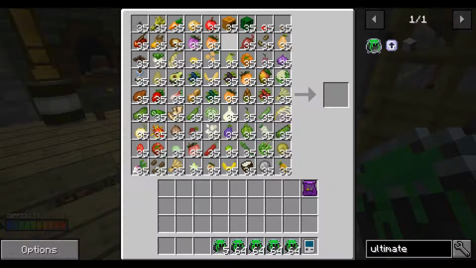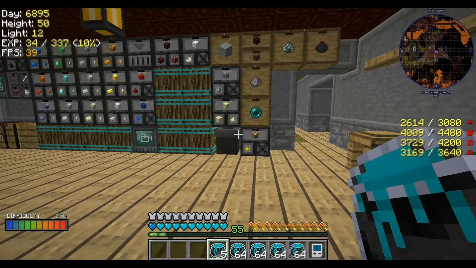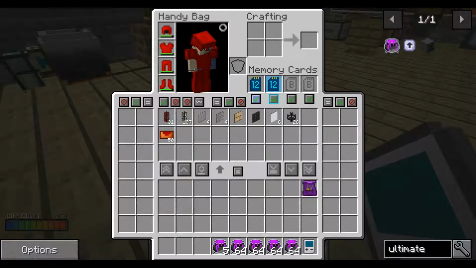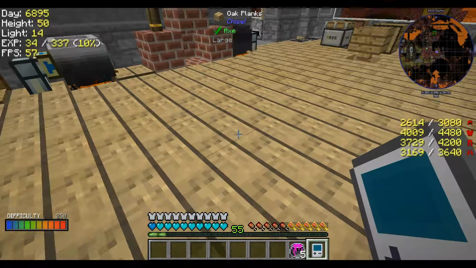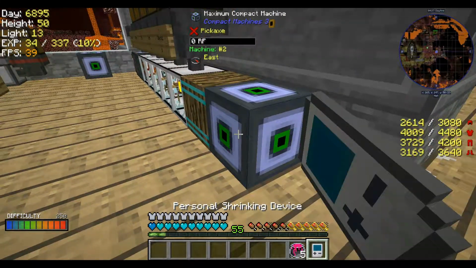So as I get more of that Mern root stuff, we can put it in there, and we'll craft it up. Right, so we can get rid of that cooked pigman meat, and we're just going to put this in there like that. So now we can have lovely ultimate stew, which will keep us nicely fed. Quickly pop over